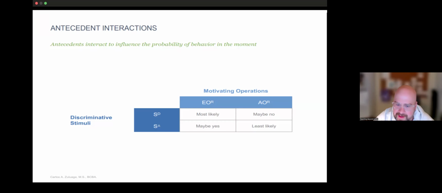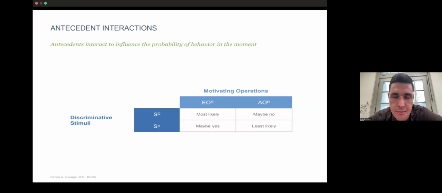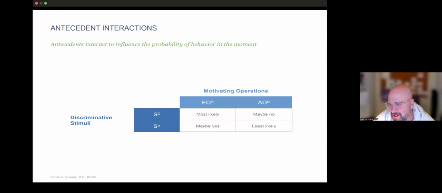But think about the bathrooms. Think about going to the bathroom. I really have to go. There's a lot of motivation to use the bathroom. I get into the bathroom and there's an out of order sign on the toilet. That signals that no reinforcement is available. Well, I maybe will still engage in the behavior of using that toilet if I have to go bad enough. So maybe I still would engage in that behavior, even though an S delta is in place, or reinforcement is not available, in the form of an out of order sign.